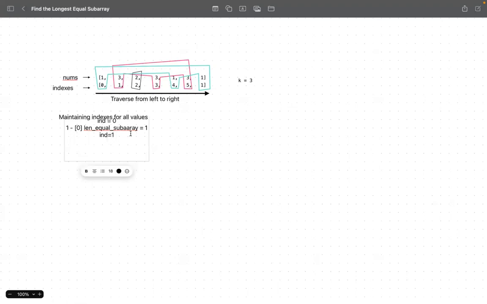Okay, and here the value is 3. Since the value is 3, what we will do is see if there are any indexes already stored for value 3. Since it's none, the value has not been encountered earlier, so it's the first time. So we will just keep index 1, and we will see the length of the equal subarray, and that is